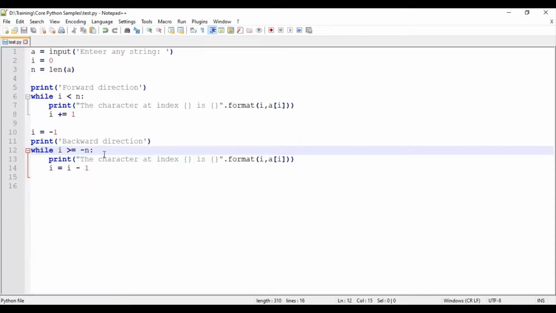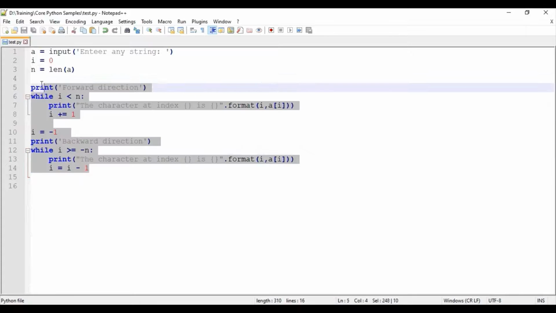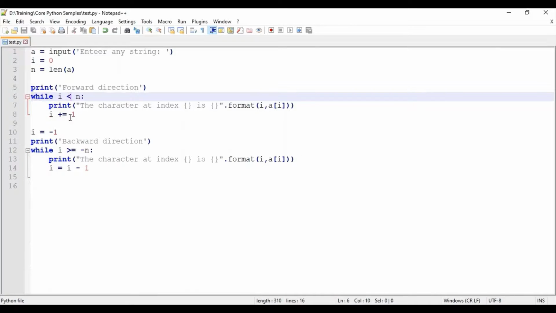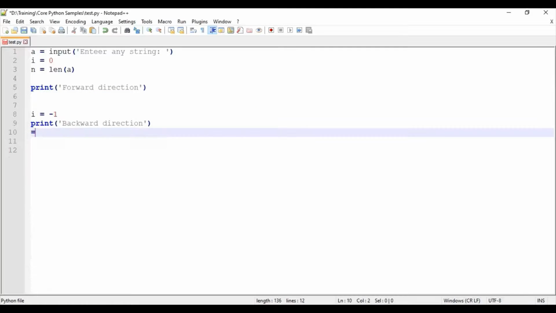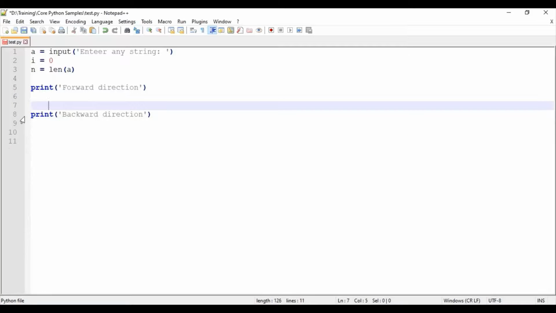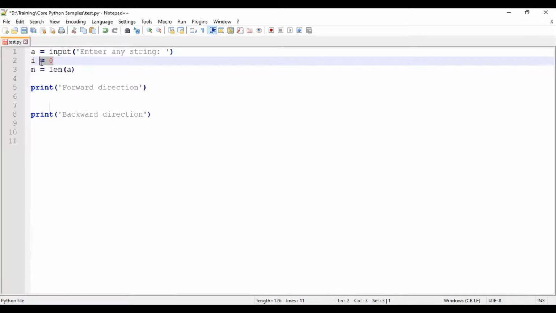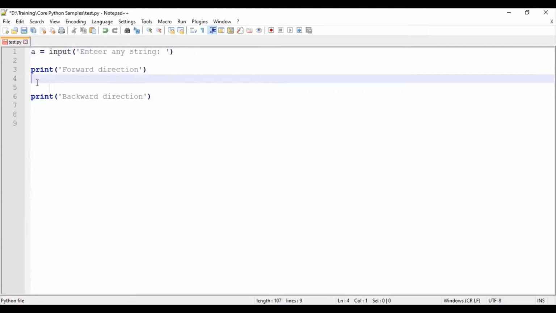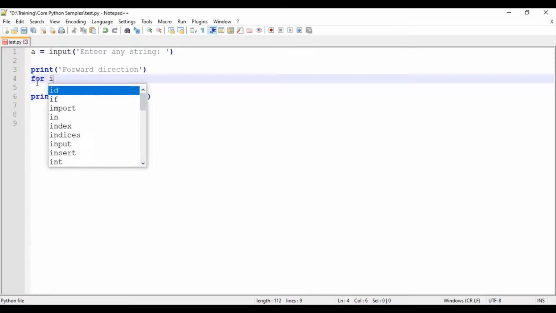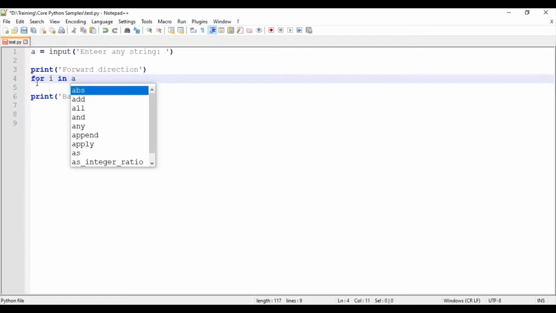We have another approach also. We can achieve it using for loop also. How means, I'll just remove this. For forward direction I will keep this. I will just remove the while condition, and I'll just remove this I and all also. I don't need the length function also. So how I'll be doing is, for I in A,